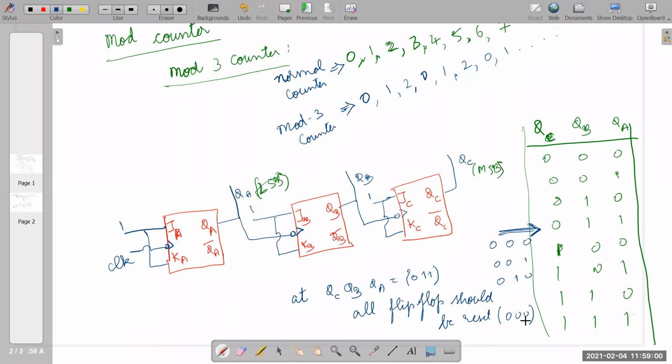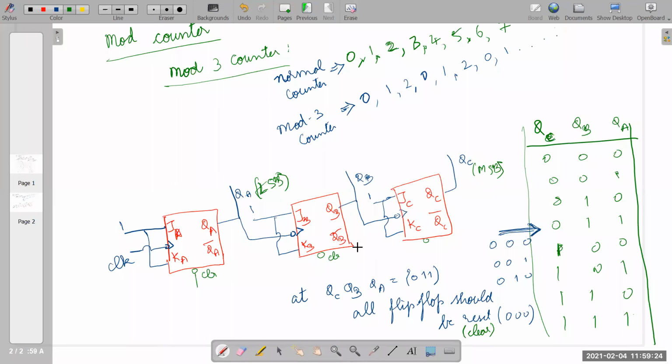Okay. So what I'm doing, as I said earlier, we have asynchronous inputs. They are your reset and clear. Instead of reset, another word I can say is clear. So this is your clear input, CLR.